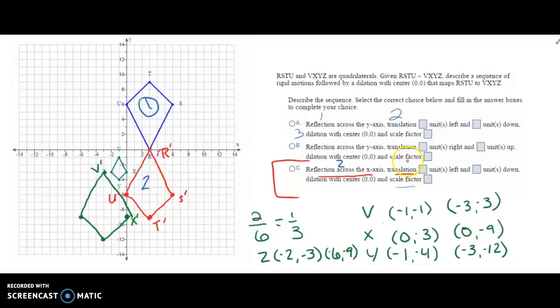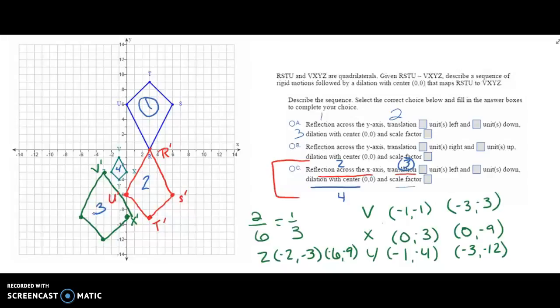Then I had to translate. So wherever I moved it to was where my number 3 would be. And then the last one, I dilated that number 3 and landed here. Okay, so that's why I had to go backwards. So now that I know all of this,